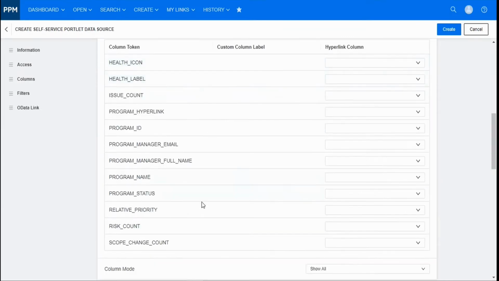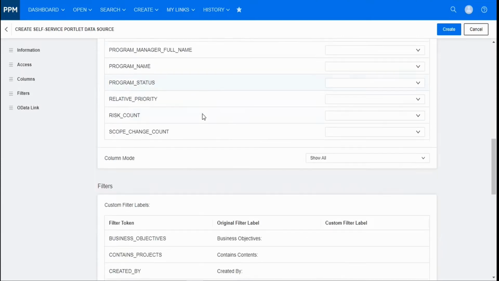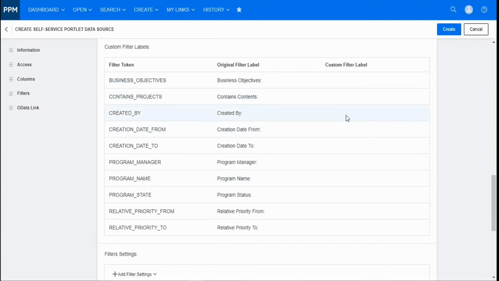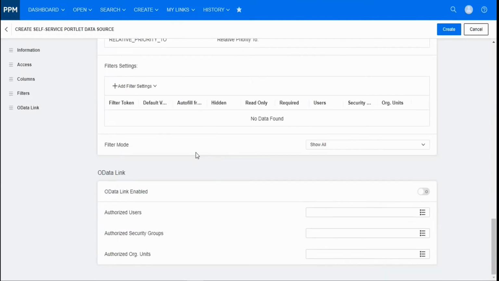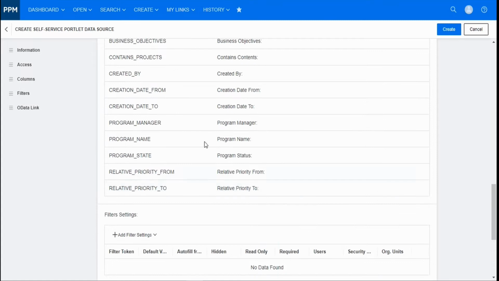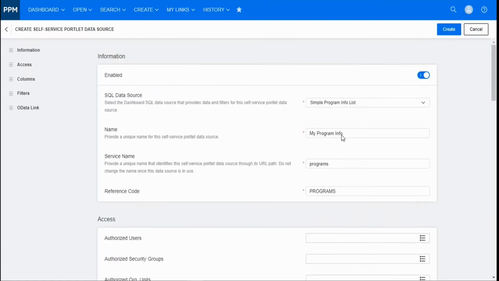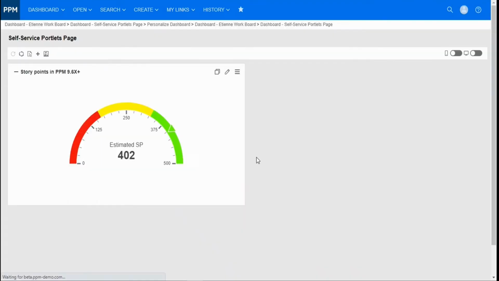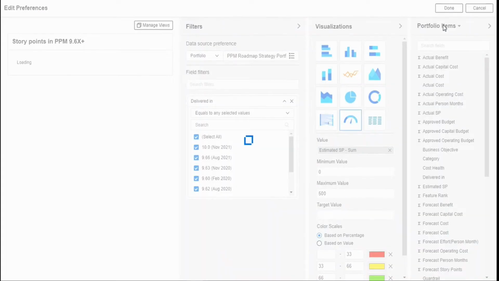And now you have all of the columns. By default, let's pick all of the columns and show them. Then all of the filters defined in the data source, same thing. There are some filter settings that I will show later. And the OData link, we might talk about that later. But just doing this, as you see, I just enter this information, I click create, and it's enabled and it's done. Now, if I go back to my portlet